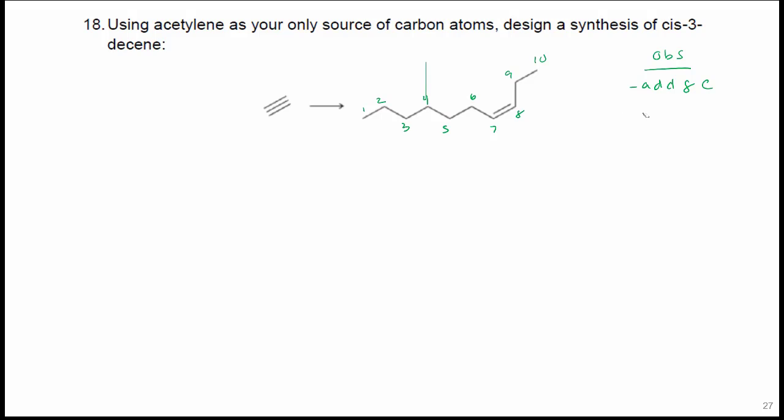All right, so the synthesis when we're doing them is we have an acetylene, and we can only add 2 carbons at a time. So we would add NaNH2, and then the best way is to add this ethyl bromine, bromoethane, to add those 2 carbons. So that's my first thing. But we have to use acetylene as our source of carbon atoms, which means that I need to make that bromoethane. So I'll just do that over here.